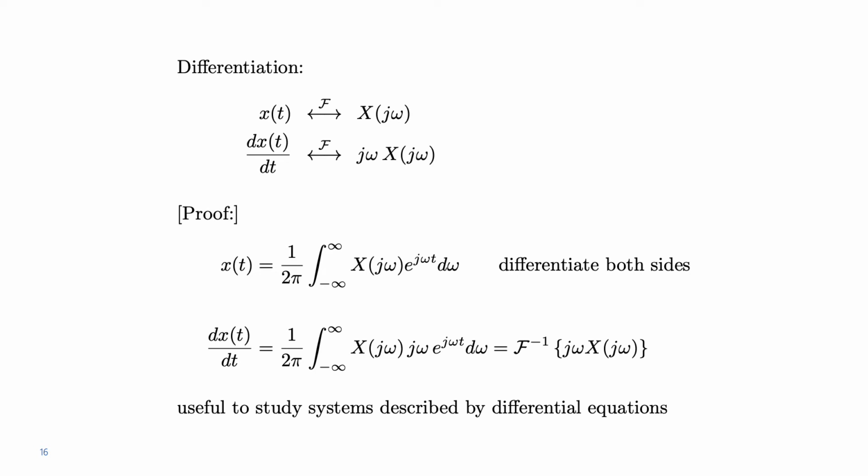And why is that? Well, imagine you have a system described by differential equations and you want to solve these differential equations. You can easily do that in the frequency domain by first calculating the Fourier transforms, and all the derivative operations translate into simple multiplications by jω. So you obtain an algebraic equation which you can solve more easily, hopefully, and then go back to the time domain through anti-transform. We will see that in some examples.